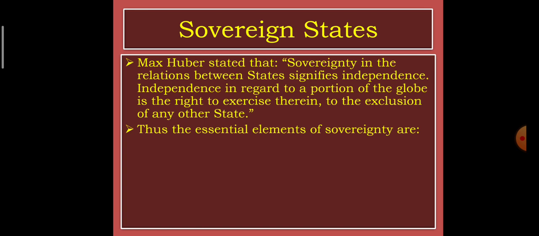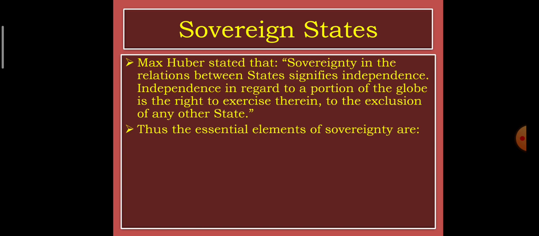So he has stated that sovereignty lies within the jurisdiction of an independent state within its territorial limits, with the exclusion of any other powers. Any other state or nation cannot interfere with the sovereignty; the right of independence is not interfered with by